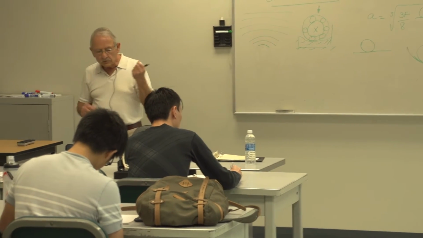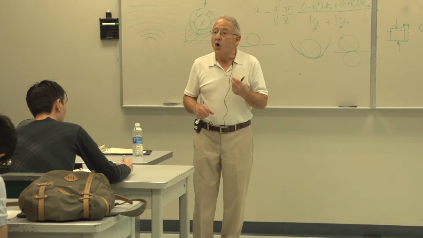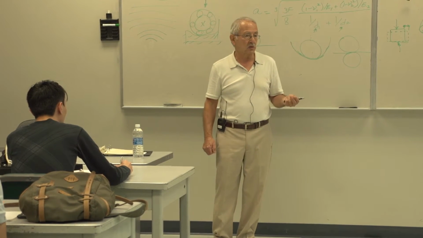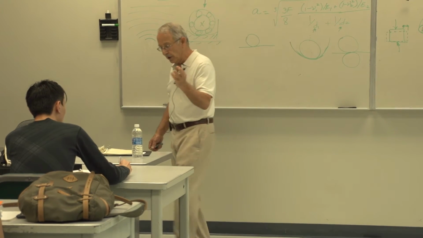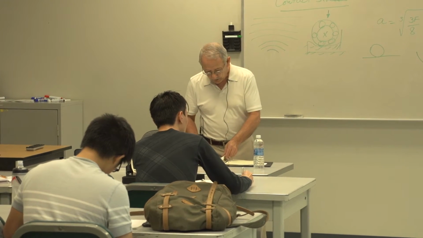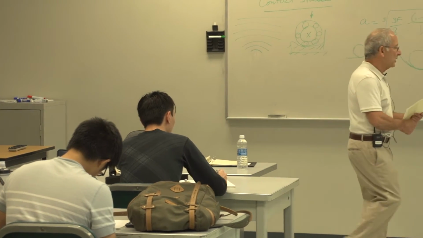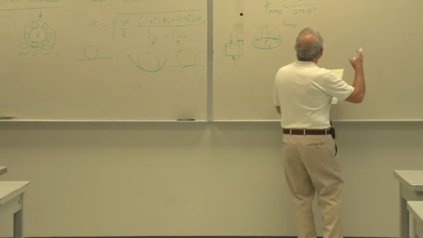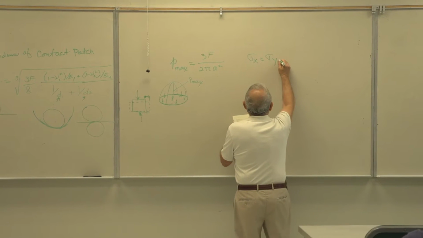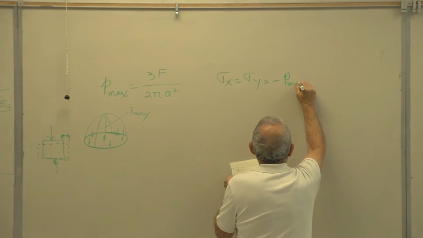Therefore, stresses in the x and y direction are also set up. All of these stresses are compressive, and all of them are principal stresses. So sigma x, sigma y, sigma z are all compressive, and they are all principal stresses. The equation for sigma x and sigma y, and this is again from theory of elasticity, we're not going to prove this, so I'm just going to write it out like this: sigma x equals sigma y equals minus P max